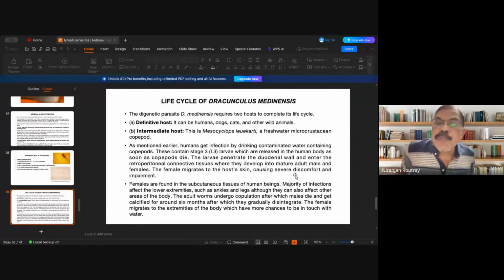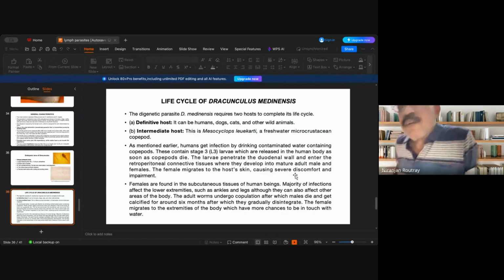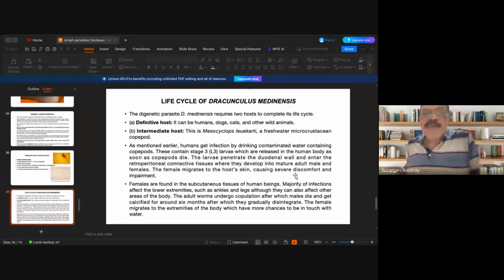Adult worms undergo copulation, after which the male dies and gets calcified. Calcified means it is deposited with calcium for around 6 months, after which they gradually disintegrate. Female migrates to the extremities of the body which have more chance to be in touch